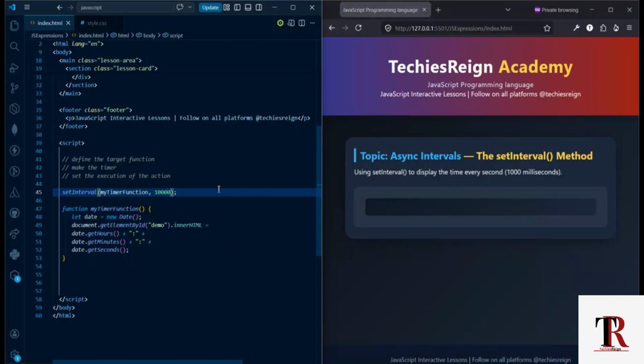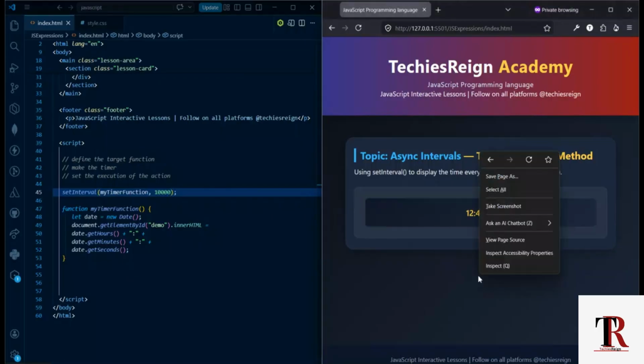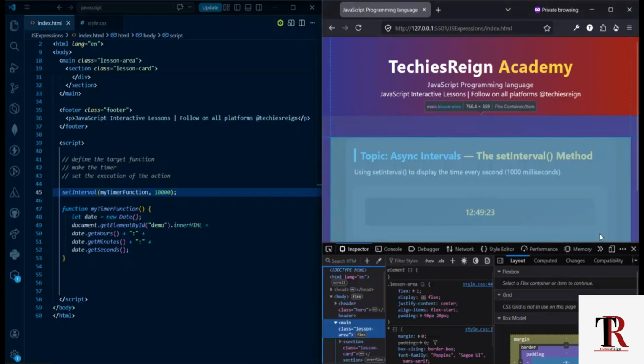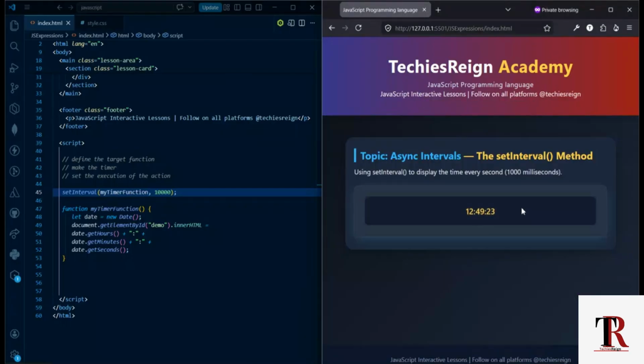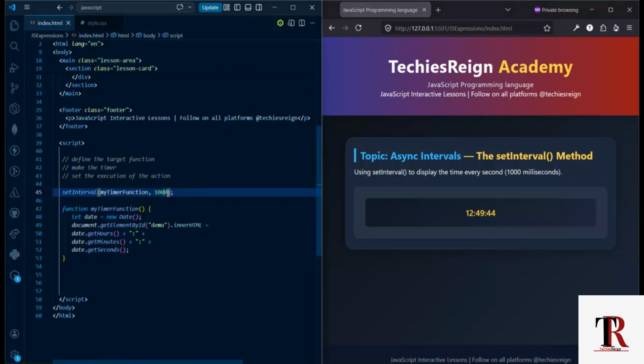It's not even displaying anything. That's 10,000 milliseconds. Now, let me see why it's not displaying anything. Okay, it's not displaying. But now you will see that this part will take a long time to complete. So it will take a longer time compared to when we add 1 second. Now it will wait for 10 seconds before it will start adding up. So that is the difference. So the longer the timer, the longer the display of the second. So I will revert this back to the 1000 milliseconds, which is equivalent to 1 second that we were using